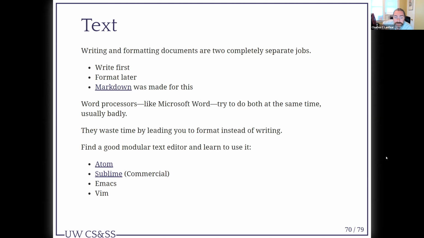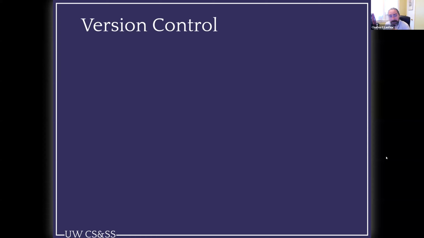Sublime is a good commercial text editor. There's also things like Emacs and Vim. I don't recommend getting into those, but if you're into them already, stick with it. They're great. Okay, last thing I want to talk about, I guess I thought it was that, but now it's